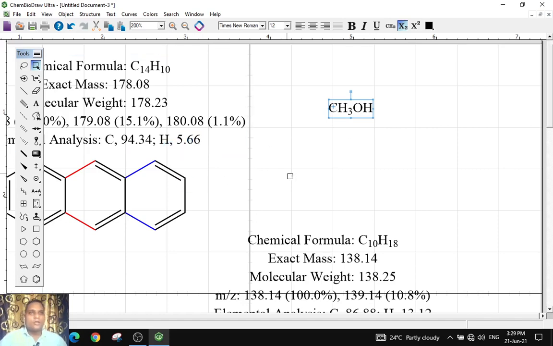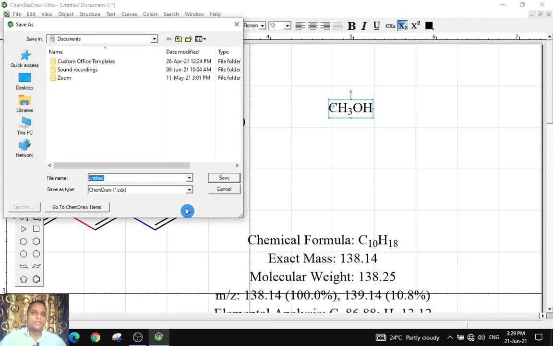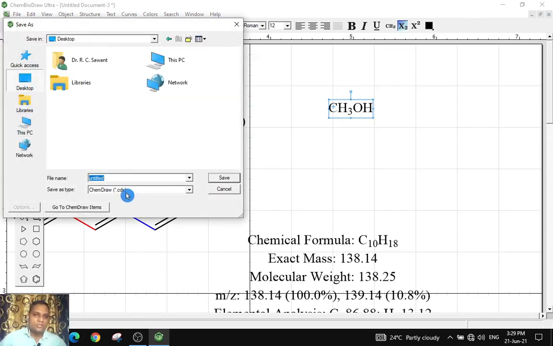So this is all about it, and of course after you draw anything you have to save it. Usually this is a CDX file, a ChemDraw file, and this is for whatever the schemes or